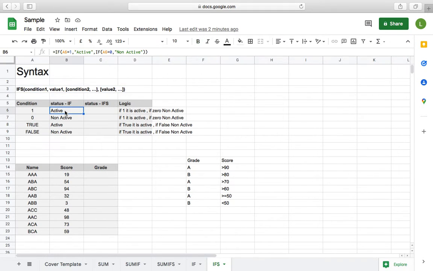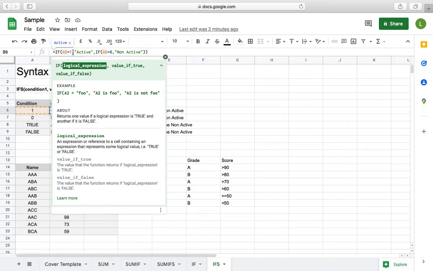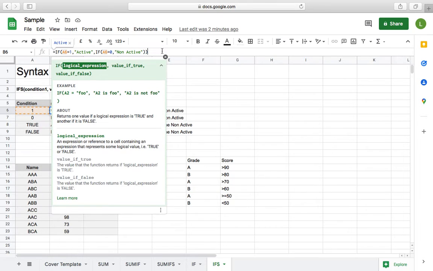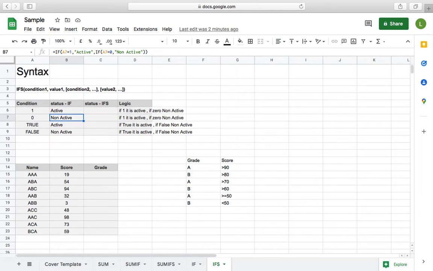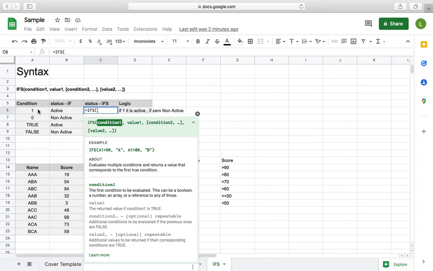In the last video, when we did IF, we used this. You can see right here, two conditions are there, where A6 is equal to 1 and where A6 is equal to 0. We have used two conditions. Now the same logic, let's use it with IFS. So the logic is if 1, it is active, and if 0, it is non-active. So how we will write is: if the first condition is 1,